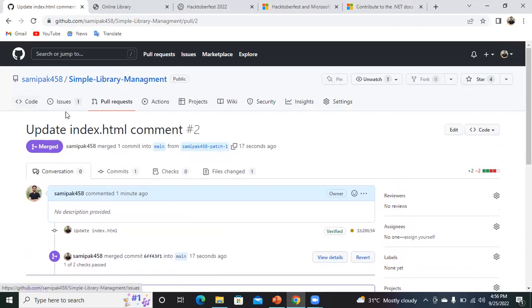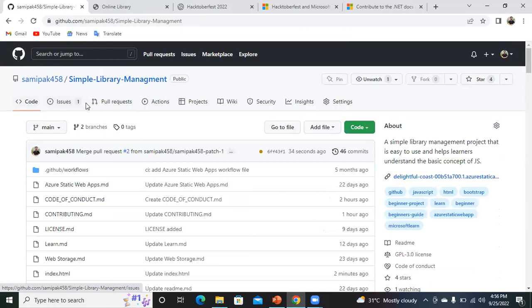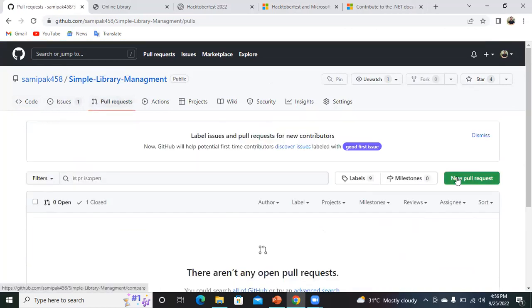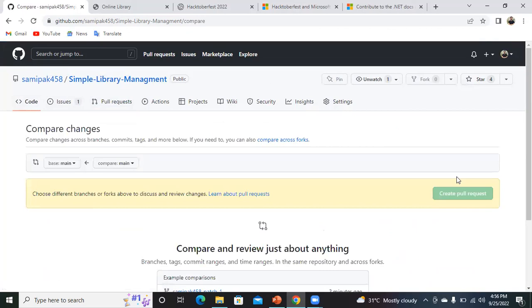Kindly let me know. When you are doing it from your first repository, all the things are the same, you just need to create a new pull request like this, as we saw in the process before. So yes, everything is like this.